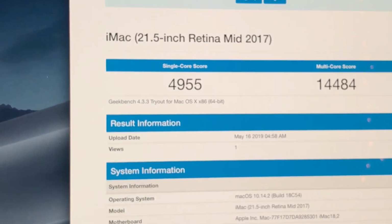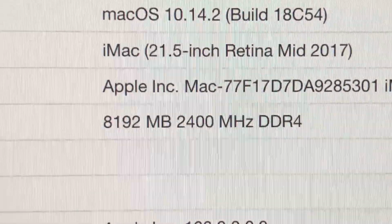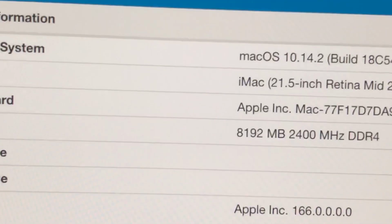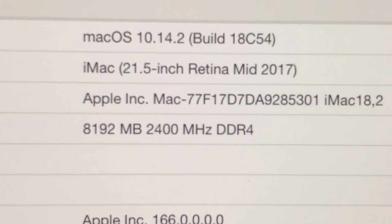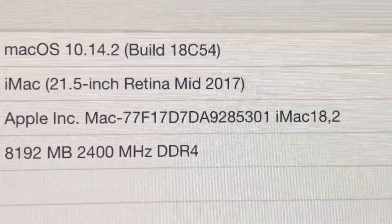Let's see. And again, let's just show you what this is running really quick. Again, this is your iMac 21.5-inch with Retina display. This is a mid-2017 version though, so they haven't updated this version of the Mac in a couple years already, but more people probably go towards the 27-inch. This is again the 21.5-inch, but still good specs. Has 8 gigs of RAM, DDR4. Again, it's running on a Radeon